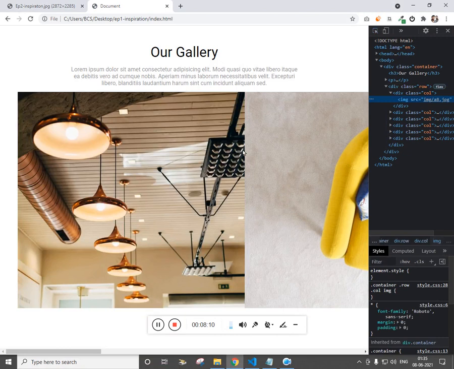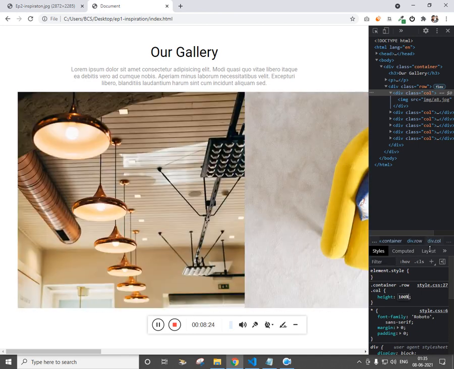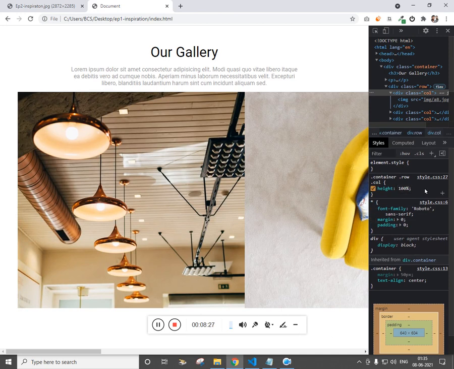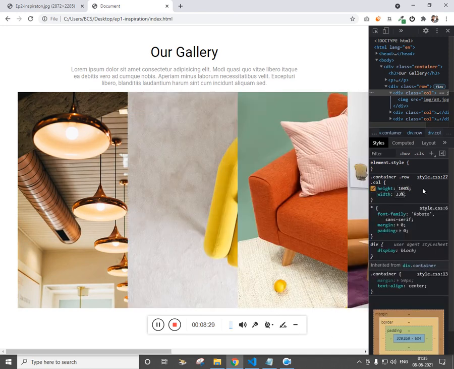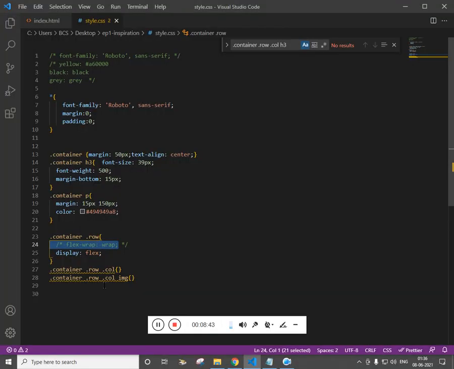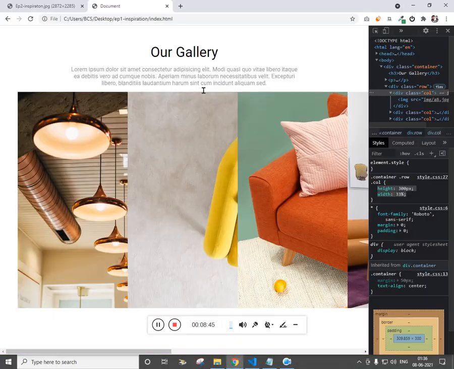Now let me give the height and width to the column. Let's give the height, let's say 100%, height of 100%, and let's give the width of 33%. So if I give the height of 300 pixel and just paste it here, and now we want the image to